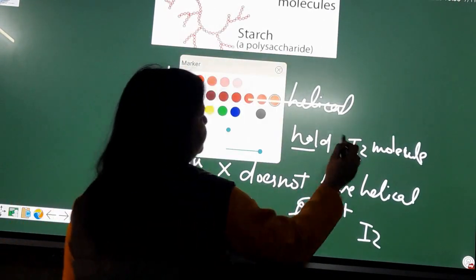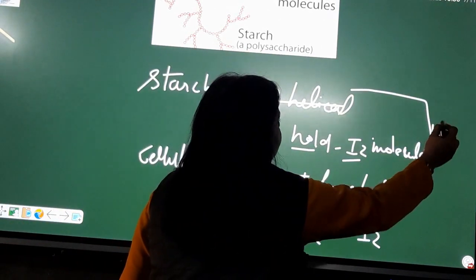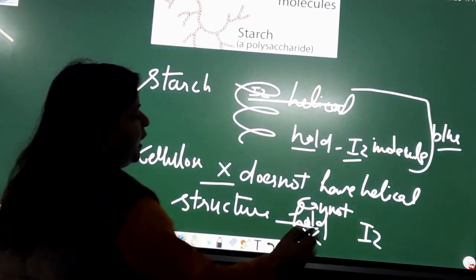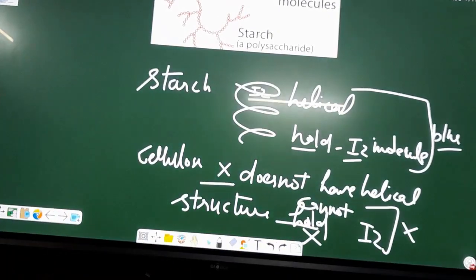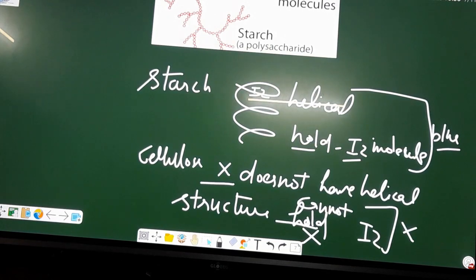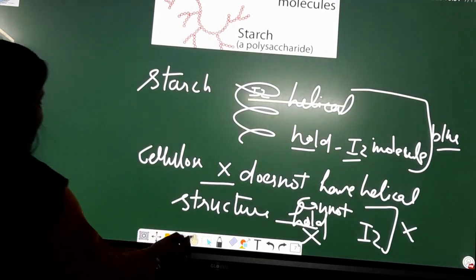That is why starch gives blue color in the presence of iodine and cellulose doesn't. क्योंकि स्टार्च जो है वो हेलिकल स्ट्रक्चर में होगा और उसके अंदर जो I2 मॉलिक्यूल है वो होल्ड हो सकता है, बट सेल्यूलोज में नहीं हो सकता।